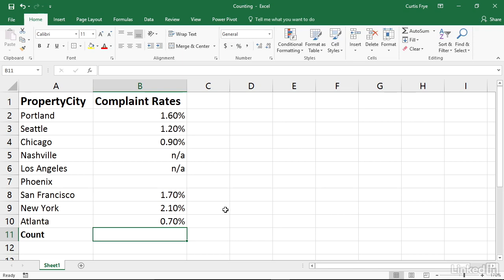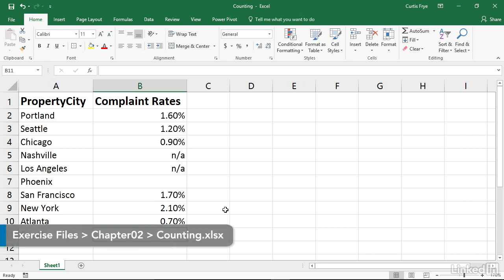Sometimes, rather than finding the sum or average of values in a range of cells, you'll just want to know how many cells in that range contain a number, any value at all, or are blank. Excel has a number of functions that count the number of cells in a range that contain a particular type of data. My sample file is the counting workbook, and you can find it in the Chapter 2 folder of